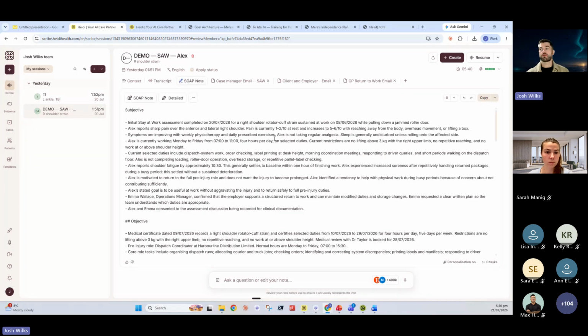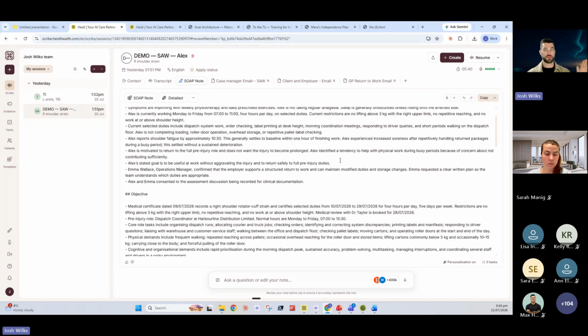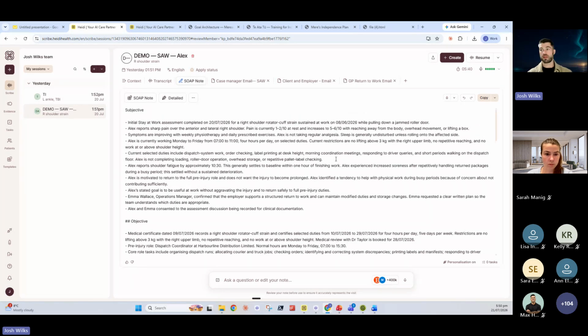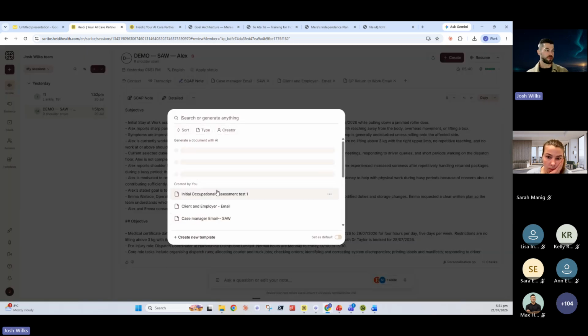So I've just created a more detailed note here that has all the stuff that I would need from initial assessment. This is your primary representation that you would put back into GenSolve or whatever else you are using as a summary of your initial assessment, right? And this is what gets used to then generate the rest of your documents. So I've got a few emails here, but first thing I want to show here is a